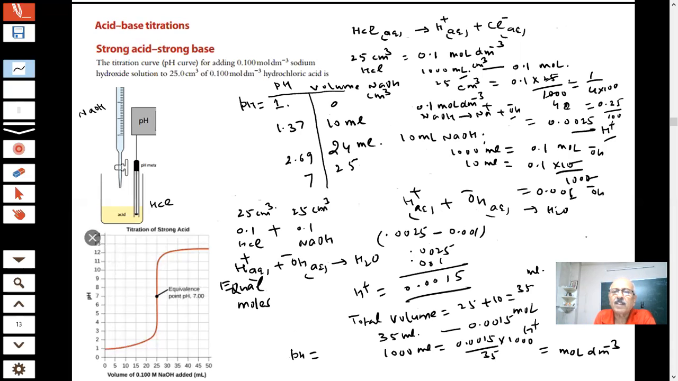You know what is the pH of the neutral water? The pH will become 7. This is the equivalence point. What is this called? Equivalence point